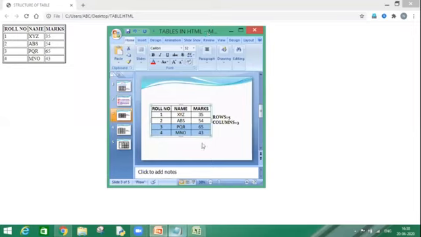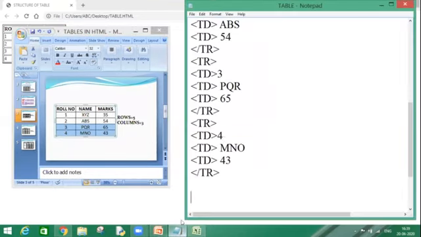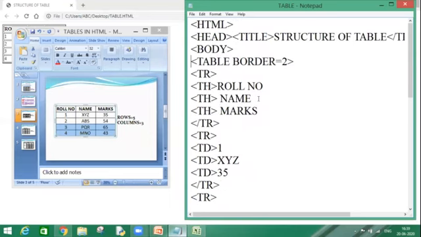Like, once I have created my table over here, my data is center aligned, as you can see, right? But here, if you look at the web page, my data is left aligned, which is the default. So if I want to make it center aligned, what can I do? Let's see. I can use one more attribute over there, TR align is equal to center, because I want to align my data, not the table. So I am supposed to use my align attribute inside my table row tag.